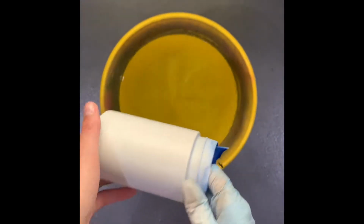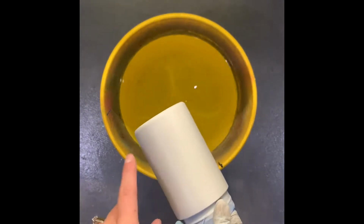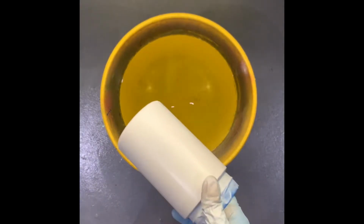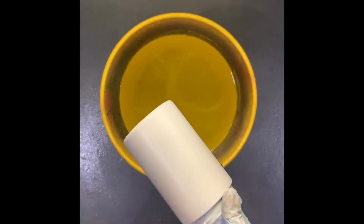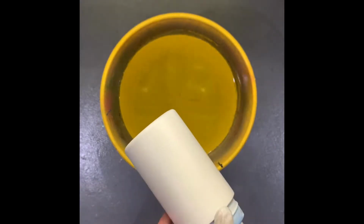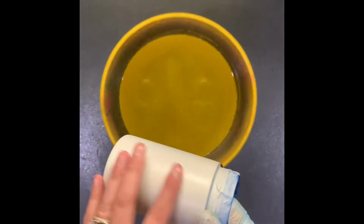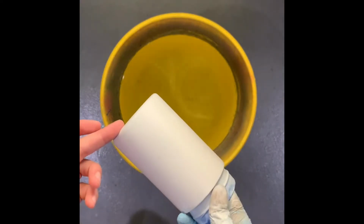Okay, so we're back and we have the kids cup all prepped. Like I said, I sanded it down a little bit, washed it off, rubbed it down with some rubbing alcohol, and then just gave it a couple good coats of just plain white flat spray paint. I wanted to hide all of the design that was already on the cup. So we just want a good clean, even coat of the white,